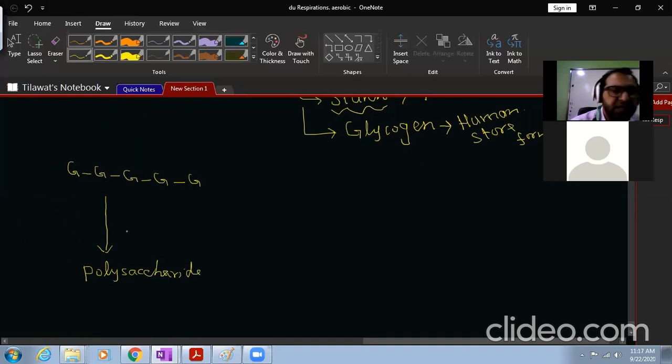Am I clear? No. Now, if you check it here, this glucose is the smallest unit here, right? The small unit that's repeated again and again, and that form a large molecule, a long chain. So in this case, glucose is actually a monomer. Monomer is what? A repeated unit. What is monomer? Monomer is a simple molecule which is used as a building block for the synthesis of a polymer. So monomer is actually a simple molecule